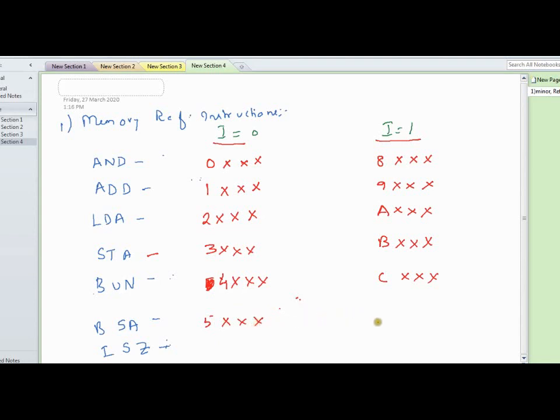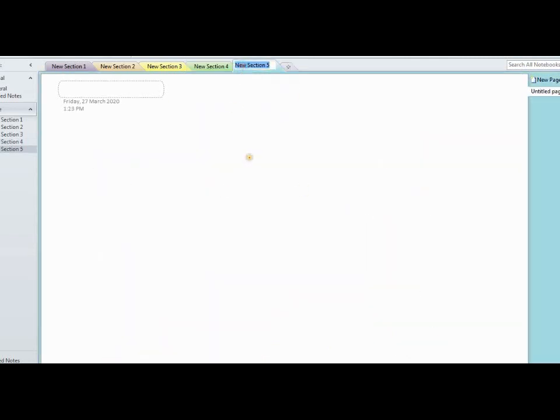So these are the address codes that are given by the programmer, the designer. So this completes the assignment of binary codes to the memory reference instructions.